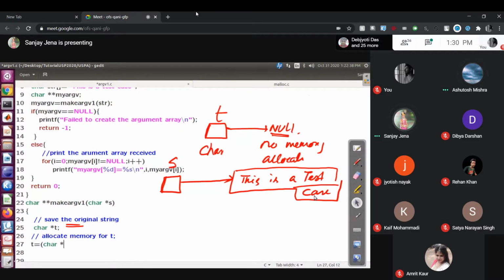char *. Malloc. I want to allocate, but I don't know the length of the string. Then I can put strlen of the string plus 1. Why plus 1?